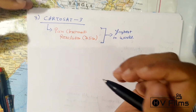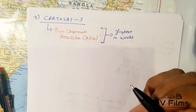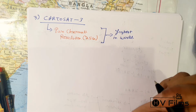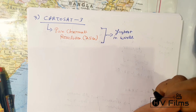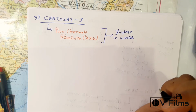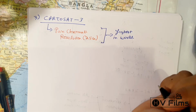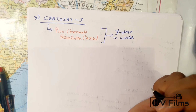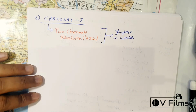So the main application of the cartography is basically like a large-scale urban planning, the rural resource infrastructure development, land information system, the geographical information system, coastal land use, various of them. And I think that you are well capable in finding the application of your own regarding these things. So that's easy. The next satellite that we're going to talk about is